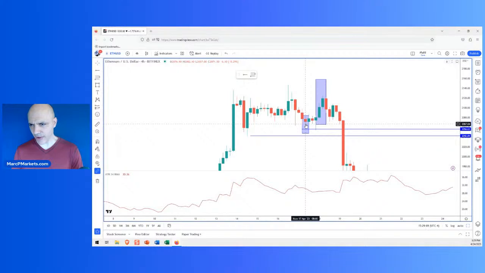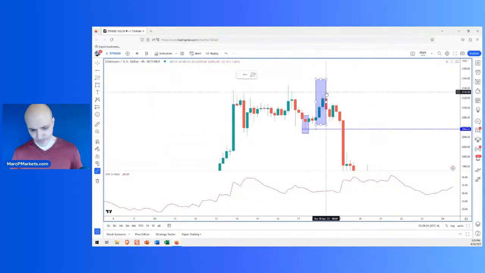So what was the low there? 2057. If you got long at 2083, which was a fair price at the time, what's 60 points lower? What is that, 2020 or something like that, right? Have we ever gone to 2020 after the entry candle, right? This is the entry candle.